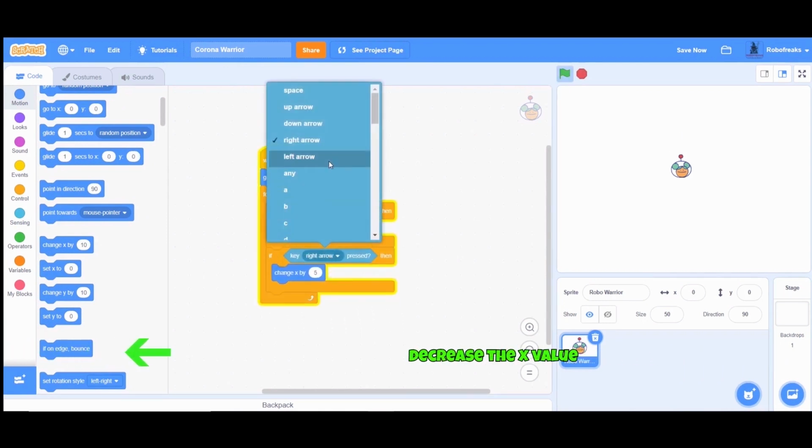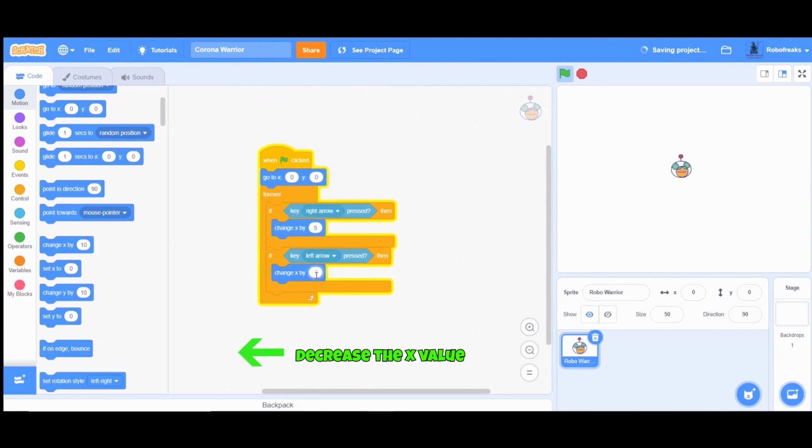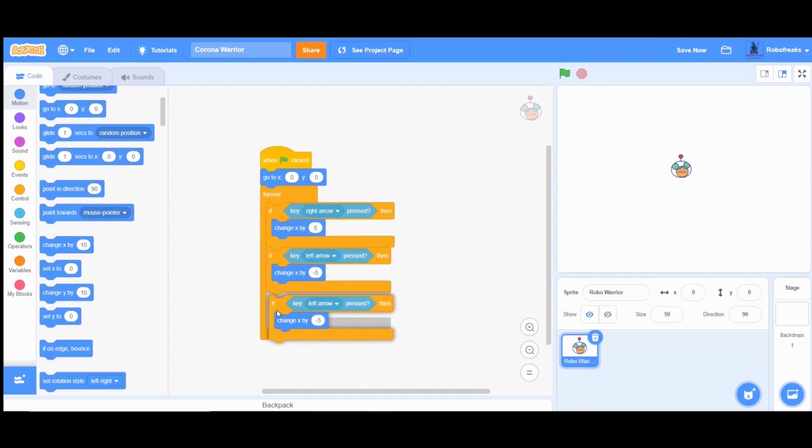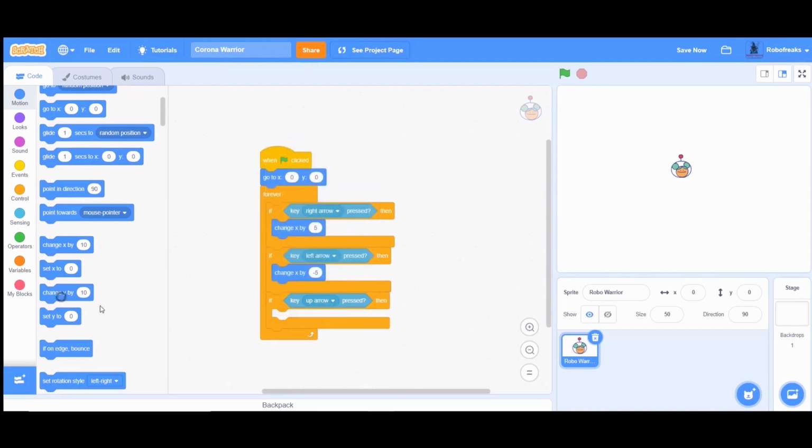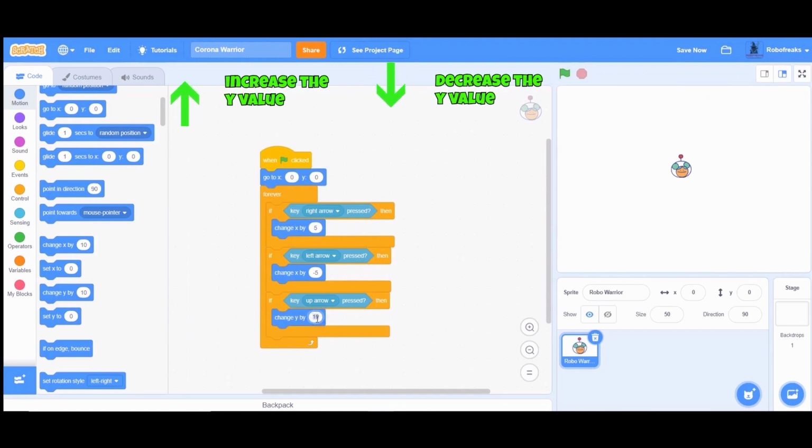And similarly for the left key, we decrease the X value by 5. In the case of up and down arrow keys, we increase and decrease the Y value by 5.